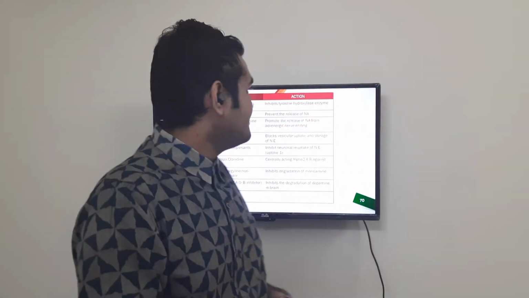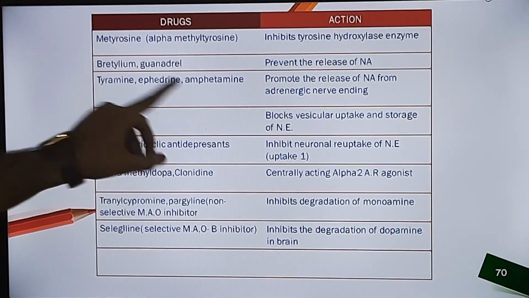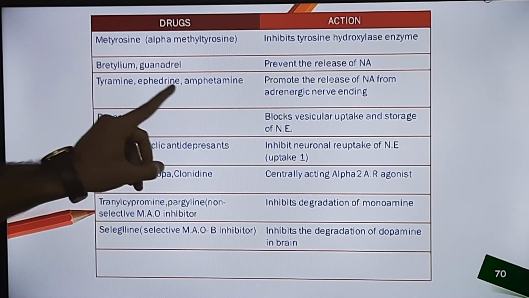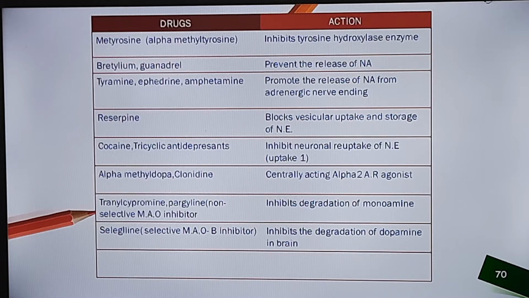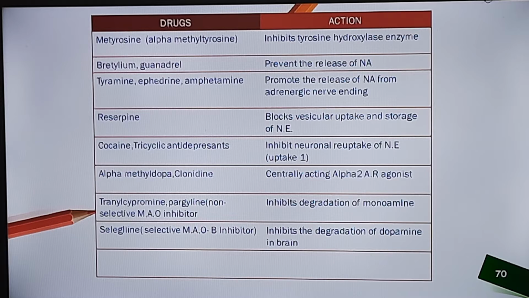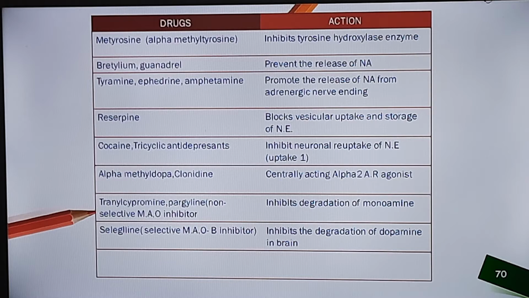And ऐसे drugs के नाम हैं, this particular we have tyramine and amphetamines, and also to some extent ephedrine can also promote the release of noradrenaline from adrenergic nerve ending. Ephedrine comes under the category of mixed acting sympathomimetic drugs because ephedrine के पास दो action हैं. Number one action, it can directly stimulate our adrenergic receptor, and also it can promote the release of noradrenaline from